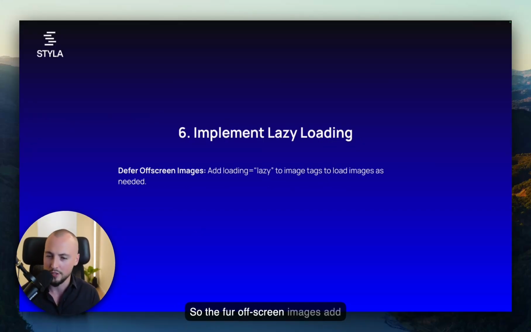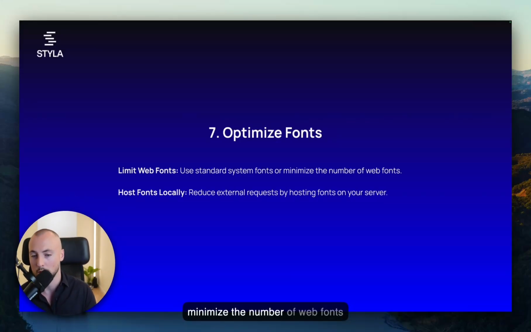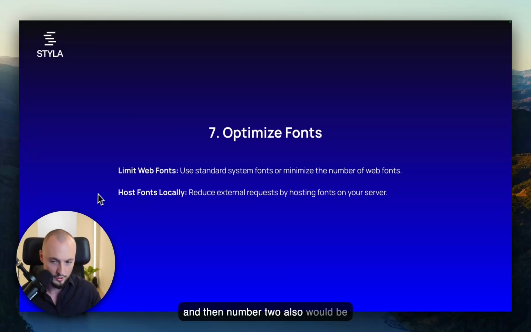So defer off-screen images. Add loading="lazy" to img tags. That pretty much makes sure that you load images as needed. Then 7, optimize fonts. So limit web fonts, use standard system fonts, or minimize the number of web fonts. And then number 2 would also be to host the fonts locally, which of course reduces external requests by hosting